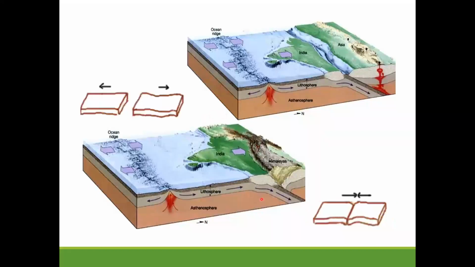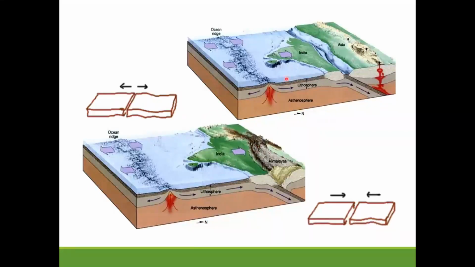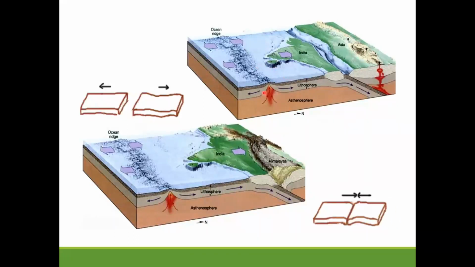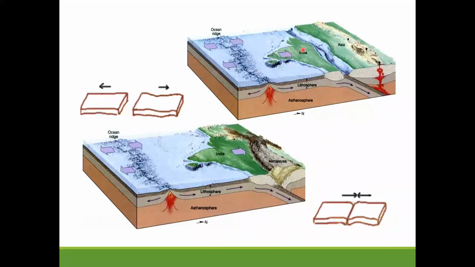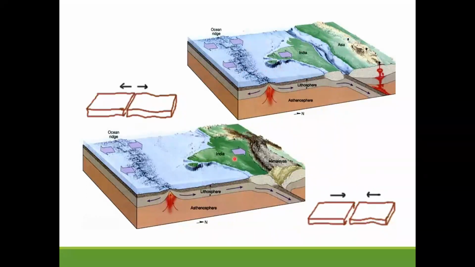So as you all know, the Indian plate basically moved to the north because of extension in the Indian Ocean. Okay, so there's an extensional boundary there. And so gradually the Indian plate moved due to this extension. And then